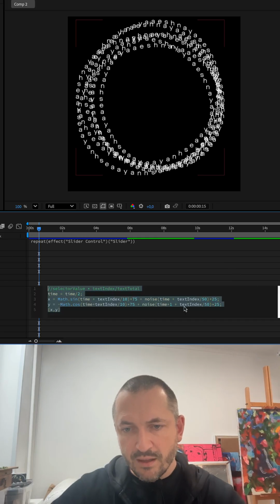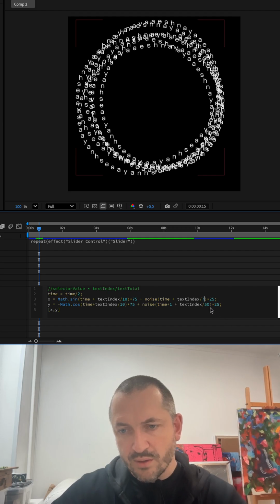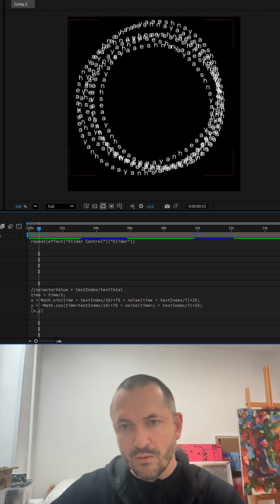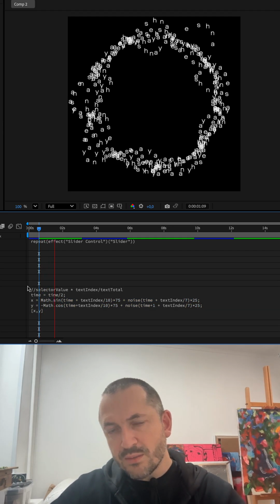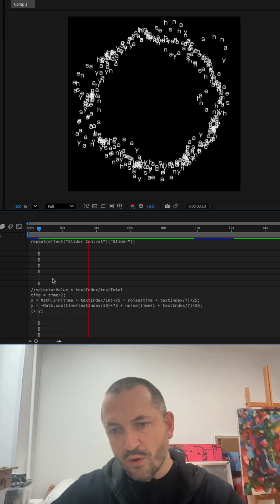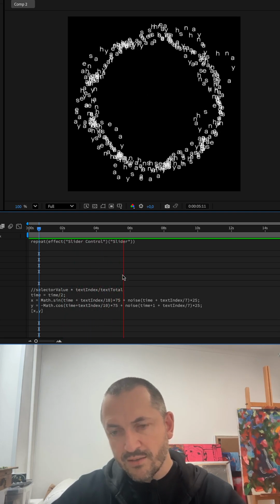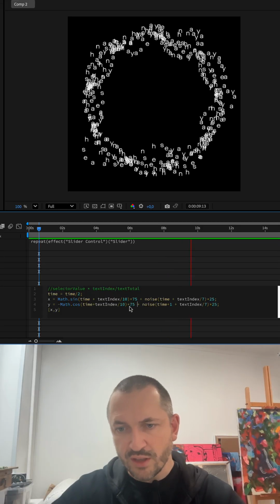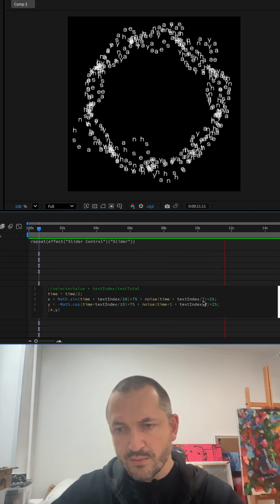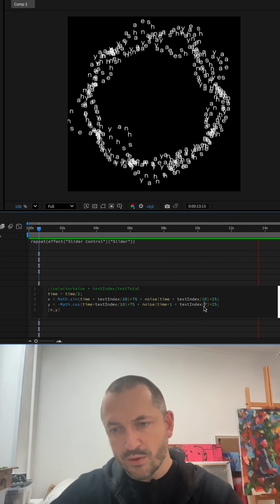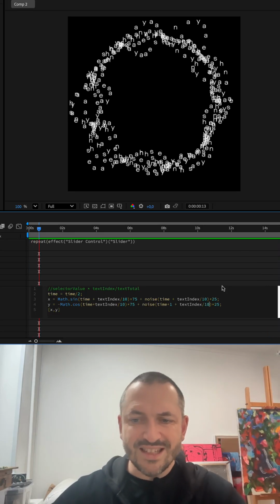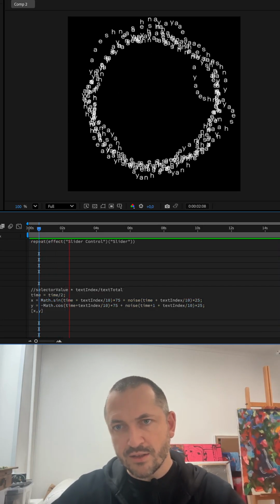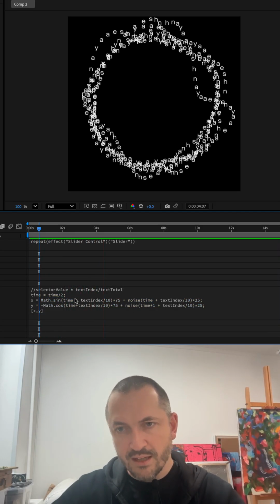Yeah. Divide 10, and here let's divide by a smaller digit, for example 7. Yeah, I know this because I work a lot with this technique and I have some experience-based digits here. So maybe 10 and 10 will be also okay. Just use the same dividers in sine and cosine.